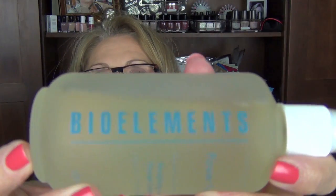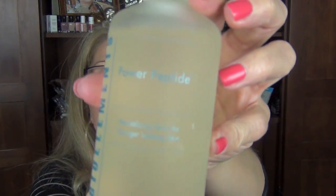So this one here is by Bio Elements, and it is a power peptide spray, and I just spray it all over my face, all over my neck, and my décolleté. That's my next step. So now I will go over to my sink, and I will grab the vitamin C